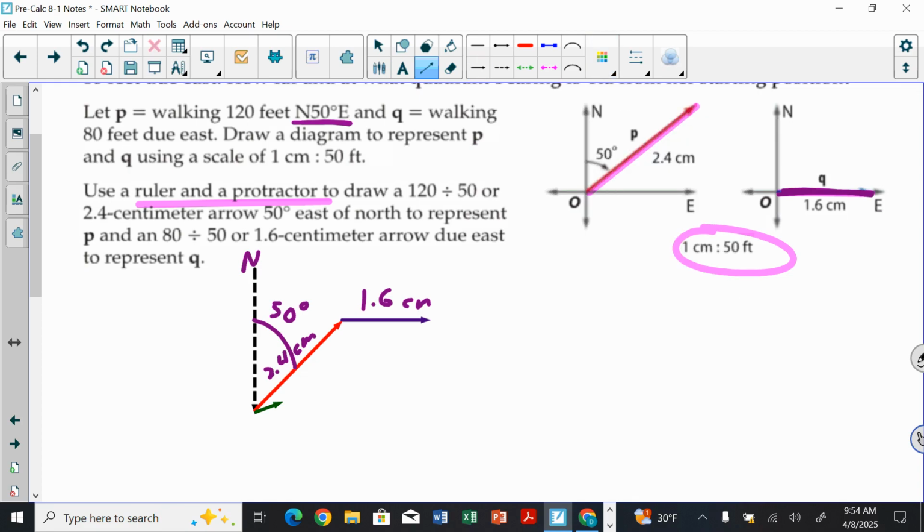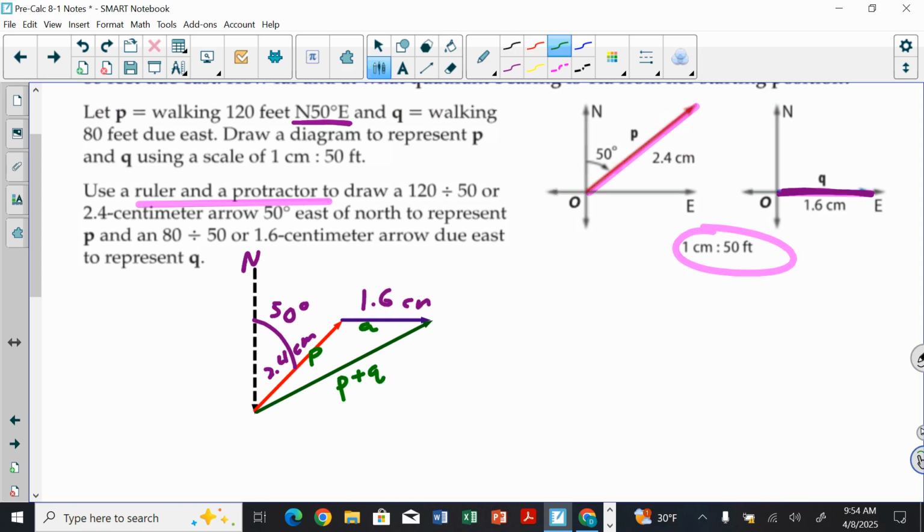That would be here to form the triangle. If this is vector P and this is vector Q, then this is P plus Q, okay? Then I can measure that, and it should be 3.7 centimeters, just by measuring this line right here, this vector. Now, remember I have my scale: 1 centimeter is 50 feet, so I go 3.7 by 50 feet